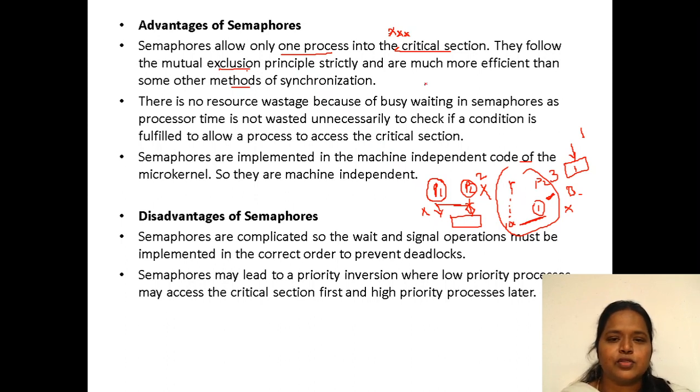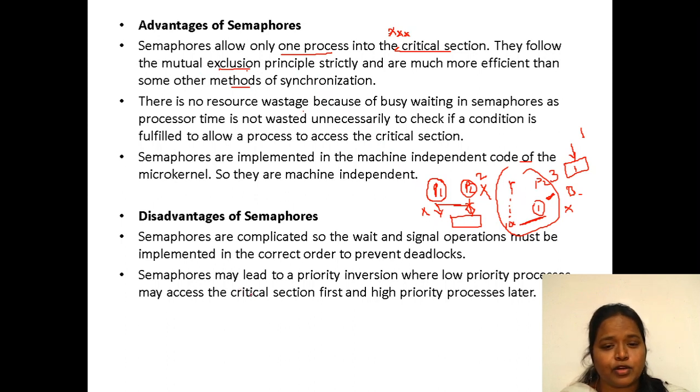And the second advantage is that there is no resource wastage because of busy waiting in semaphores, as processor time is not wasted unnecessarily checking whether a condition is fulfilled to allow a process to access the critical section. Semaphores are implemented in the machine independent code of the microkernel. So these are the advantages of semaphores.